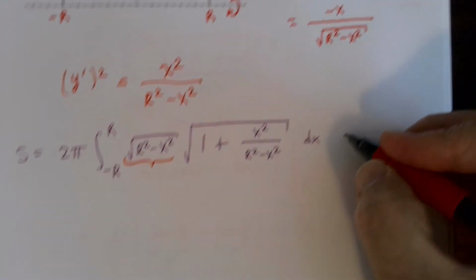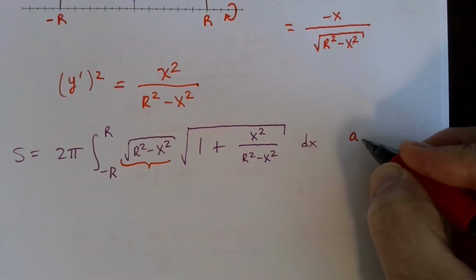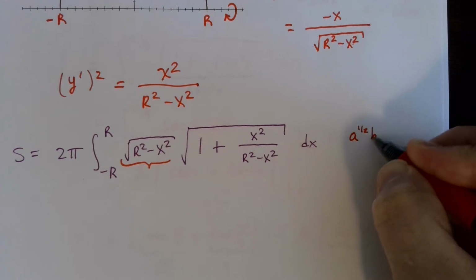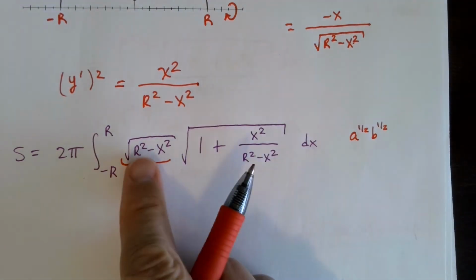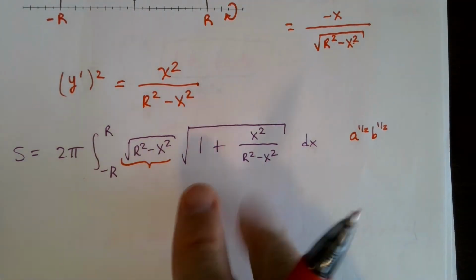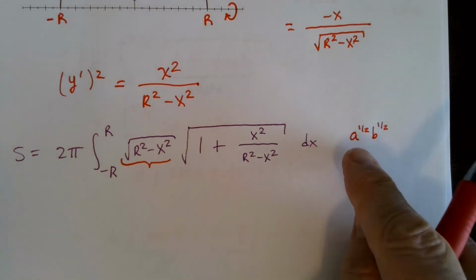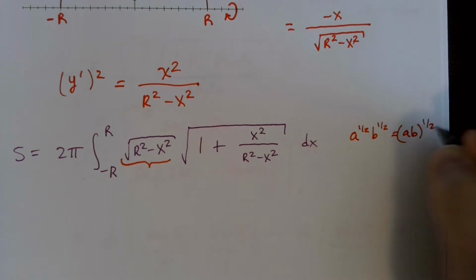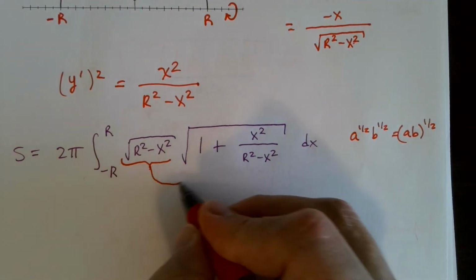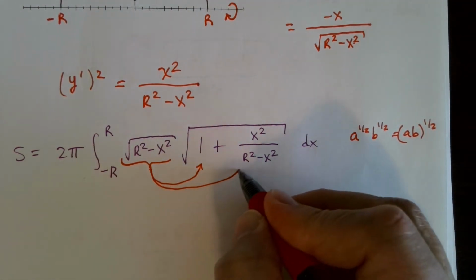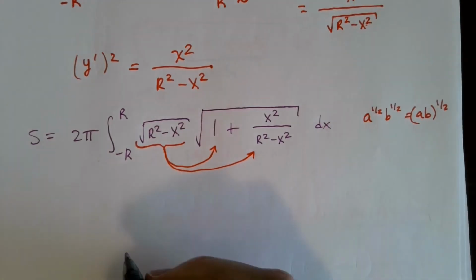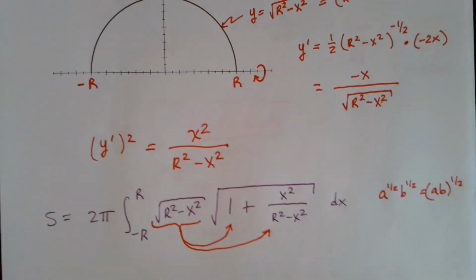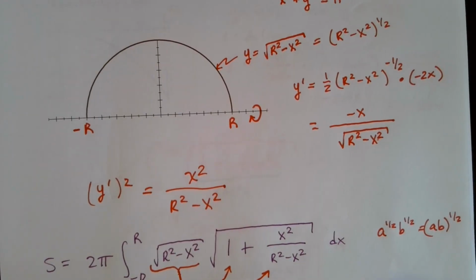So in other words, if I have a to the 1/2 power times b to the 1/2 power, which is the square root of a, where a is this whole thing, times the square root of b, where b is everything under this radical, then this is a times b to the 1/2 power. So I'm going to distribute this essentially inside that because they're both to the same power. I can do that. And I'm also going to do something else in this step, and that is by symmetry,